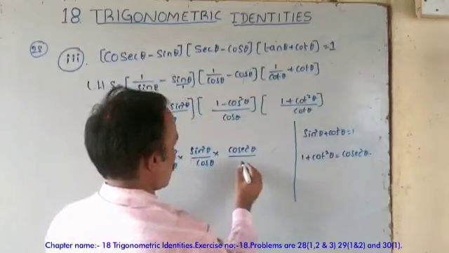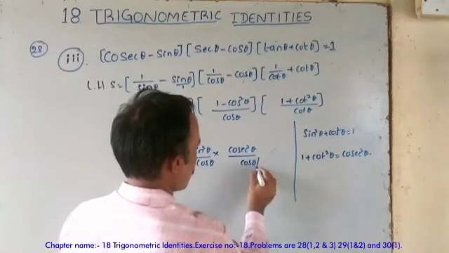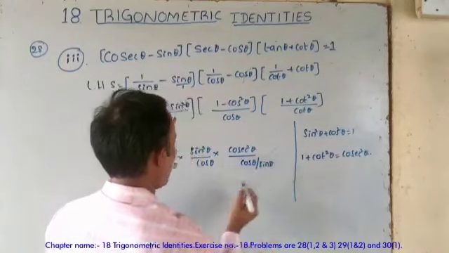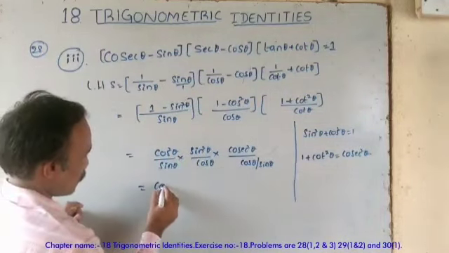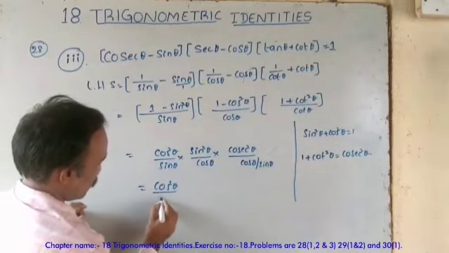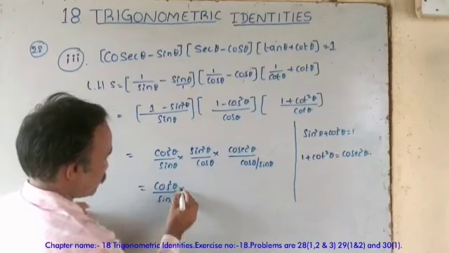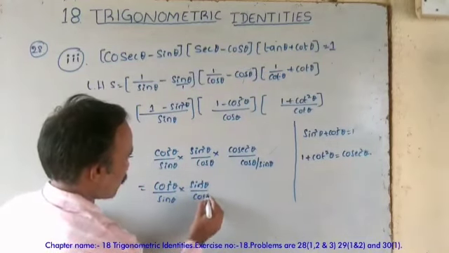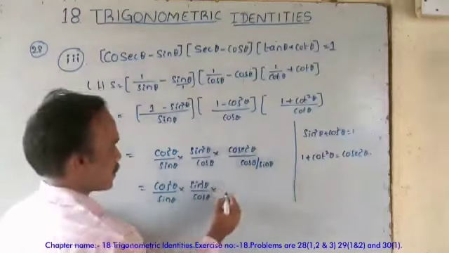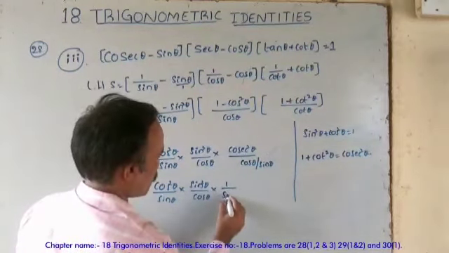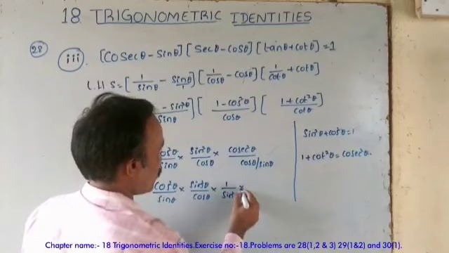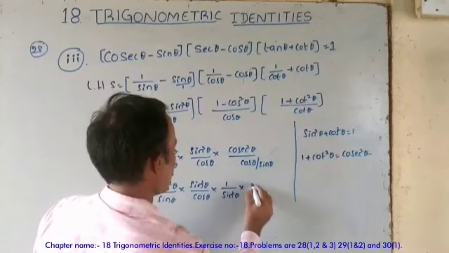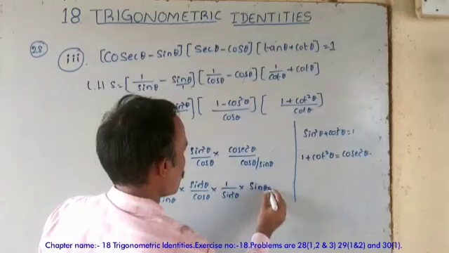Cot theta can be written as cos theta by sin theta. So this is equal to cos square theta divided by sin theta into sin square theta divided by cos theta into cosecant square theta, which can be written as 1 by sin square theta, into, make it reverse, sin theta